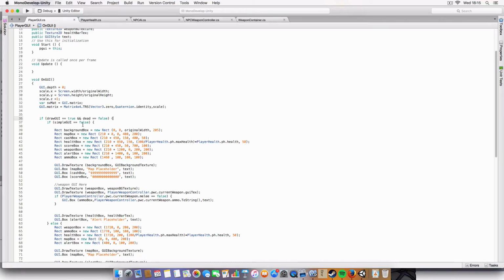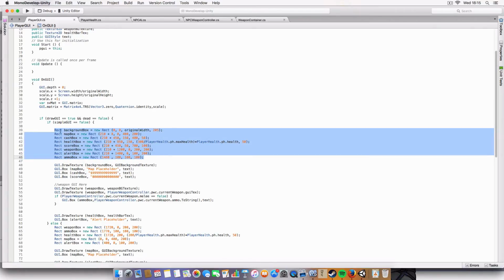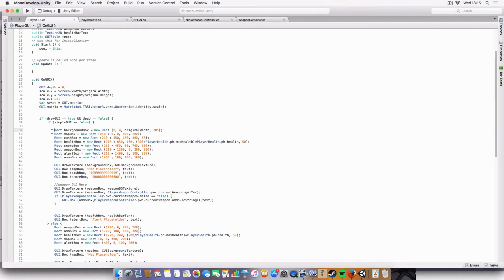Okay, so the first part of the OnGUI is if we're drawing GUI and we're not dead, and if simple GUI is false, then basically what we've defined is all the different components of the GUI, where they'll be in rects. So this is the more complex, blockier GUI. It takes up more space. So we've got the background texture, which is basically just the width of the screen, 205 pixels down. It starts at 0, 0, which is basically the top corner, I believe. Yeah, it should be. Then we've got the map box,